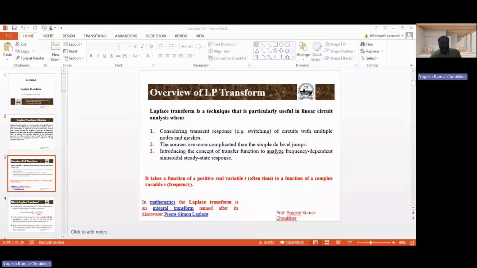As I told, one very important parameter that comes into the picture for the inductor is I naught. When we convert from the time domain to the frequency domain, L becomes SL, and we can add a voltage source in series. Why do we have to use the voltage source in series? Suppose the I naught value is 0. So for that